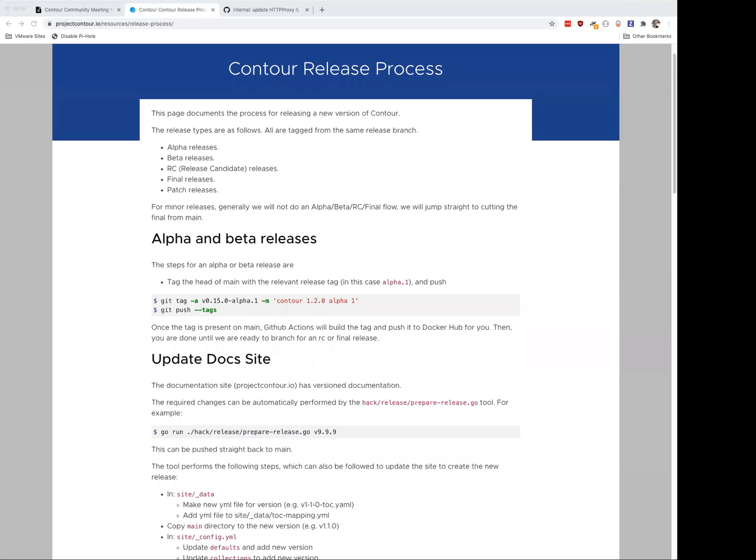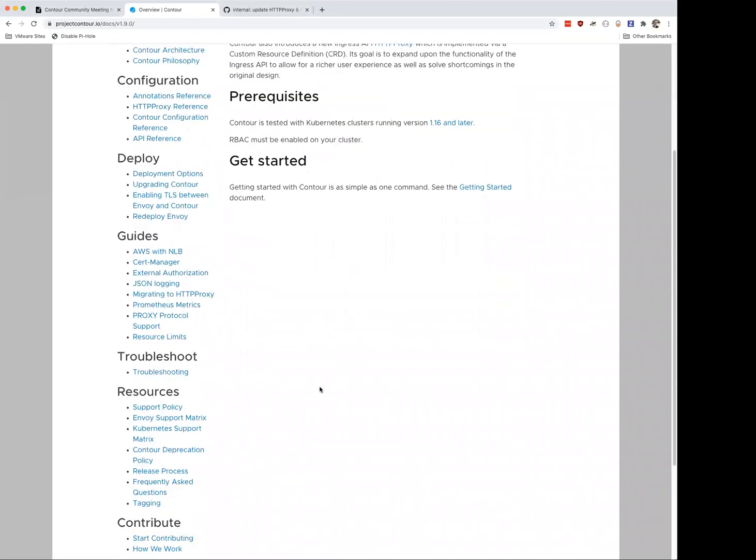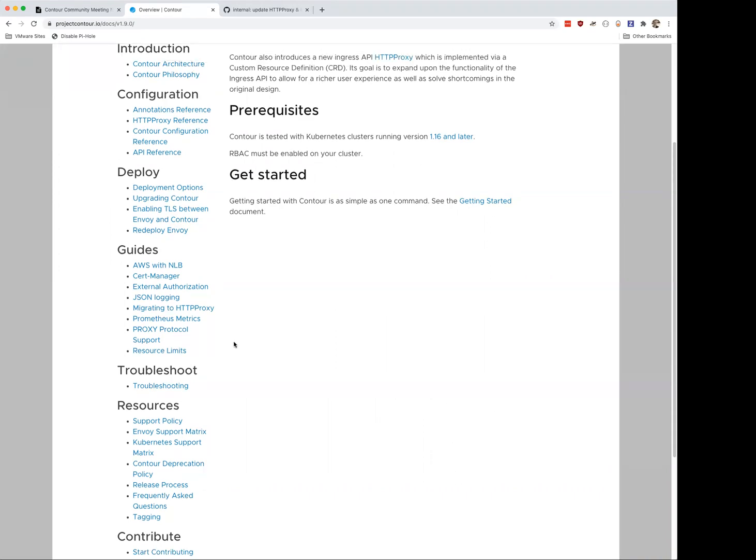Sorry, Steve. Yeah, I mean, Jonas, the docs that you're showing here, I think are important for Makai and myself to understand the Contour release process. But yeah, we're also talking about just general documentation of how to use the operator and to manage Contour. So somewhere along that left-hand pane, it's probably going to touch a lot of different areas, right? Just an introduction to the operator, how to configure the operator, how to deploy the operator, how to troubleshoot. So I would see it just kind of sprinkled throughout the documentation, if that makes sense to everyone else.